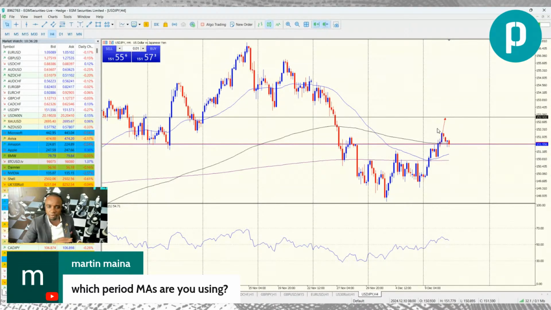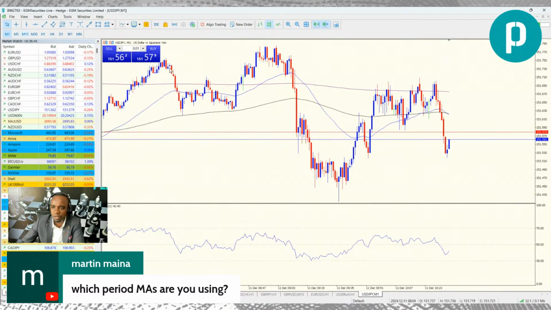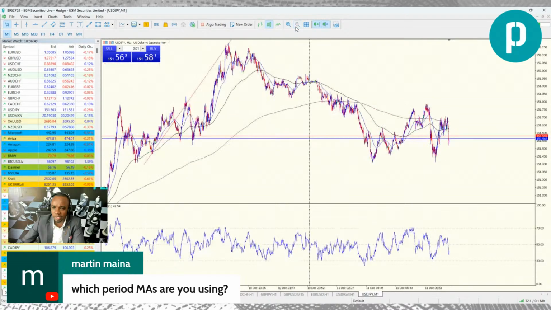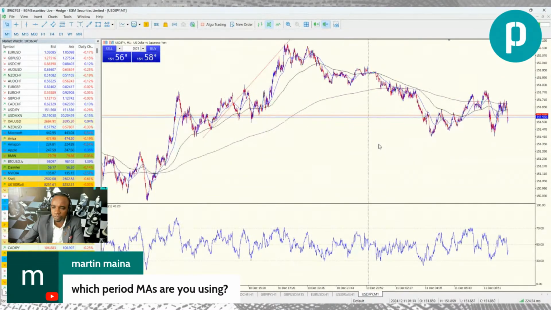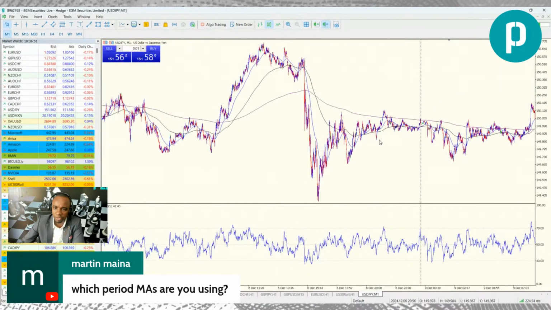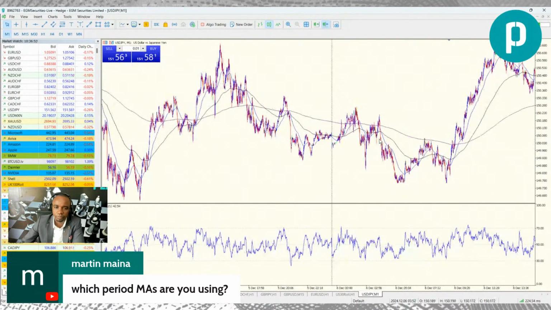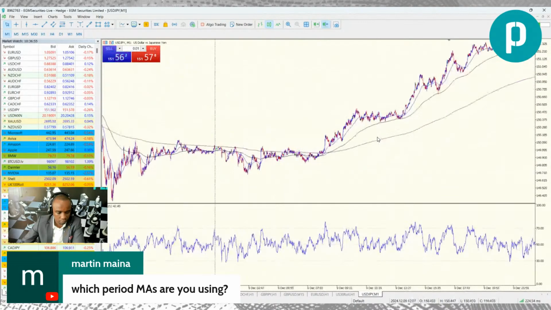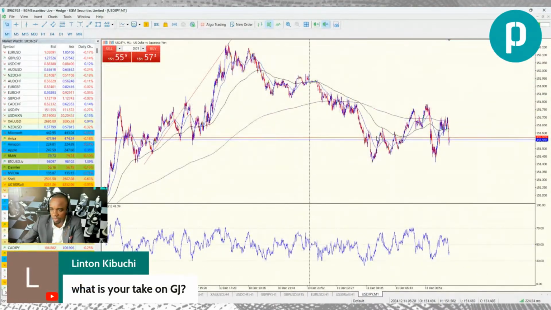Where will I book my profit? For example, if I took a sell here, my take profit will probably be here, and another take profit down here. So they really help me in identifying areas where I book my profits. If you go to even lower time frames, you can see them acting as very good support and resistance. So they really help me in identifying, especially, take profit target areas. Martin, I hope I've answered your question.